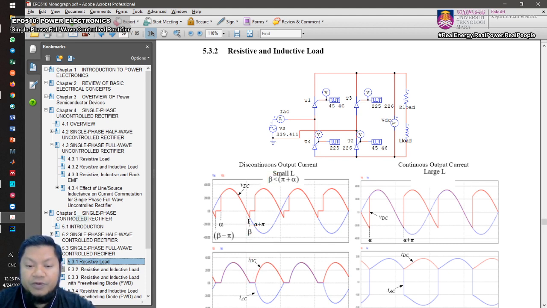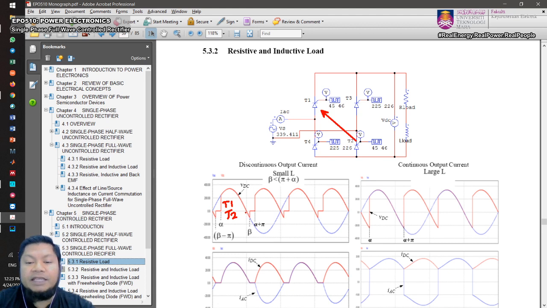That happens when your beta here, the extinction angle, is smaller than pi plus alpha, which is the firing angle for the next couple of diagonal switches. For example, you have T3 and T4 here. So if you look again, this is where T1 and T2 are operating. So this is T1 and T2 operating, right? So T1 and T2